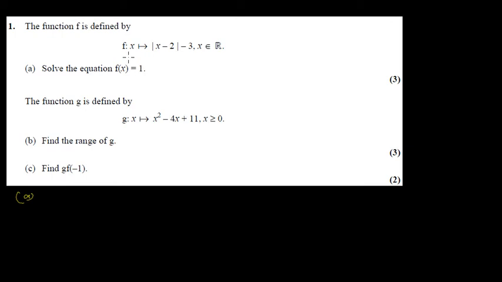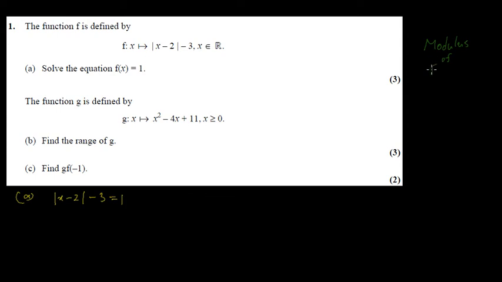We have a function which is the modulus of a function, and what we have to do is solve that function. So absolute value of x minus 2 minus 3 is equal to 1. So f(x) equals 1, and we just put the value of f(x). Now one thing about solving absolute value is we can solve it by taking first the negative and then the positive. So this is the concept of absolute values. So when you have modulus sign,